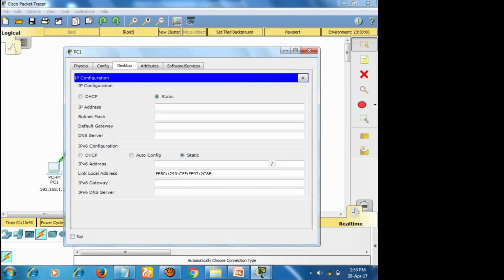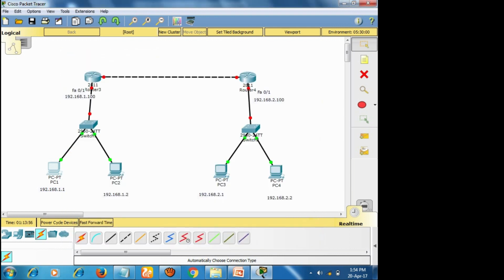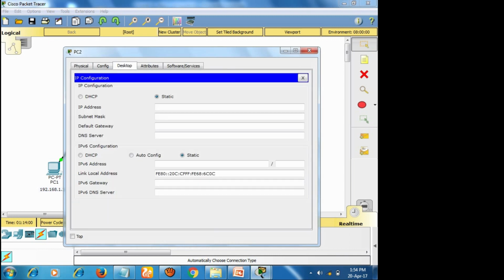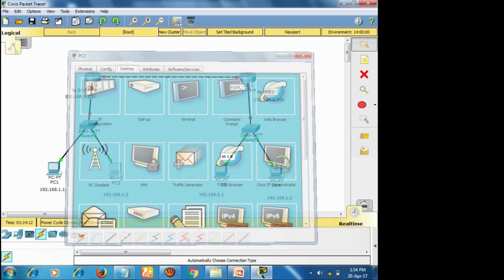And look at here, I will configure this. I will go to the desktop, and I'm configuring this 192.168.1.1, and the default gateway is 192.168.1.100, okay. This is for PC1, and for PC2, 192.168.1.2, 192.168.1.100, okay.